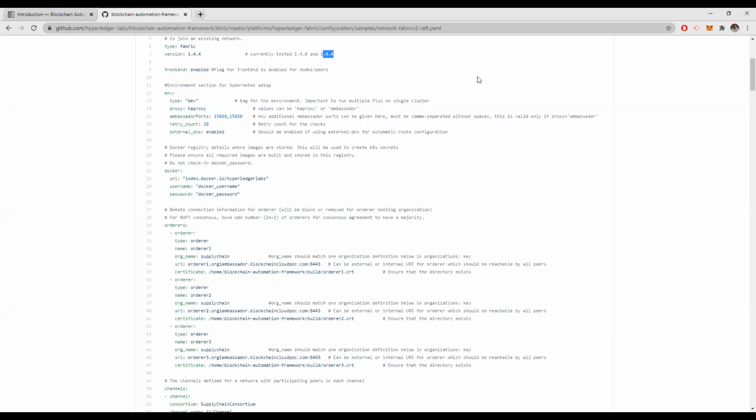Okay. So one question is, does BAF support peer recovery? I don't know if it is discovery or recovery. Shaunak, do you want to take that? Peer recovery, when they go down. So in BAF, everything is a Kubernetes pod. All your peers are Kubernetes pods. So if a peer goes down, it's the responsibility of Kubernetes to bring it up, because Kubernetes knows that the pod is sick. And as I mentioned, from the data point of view,